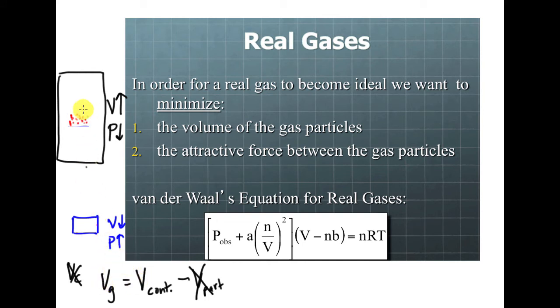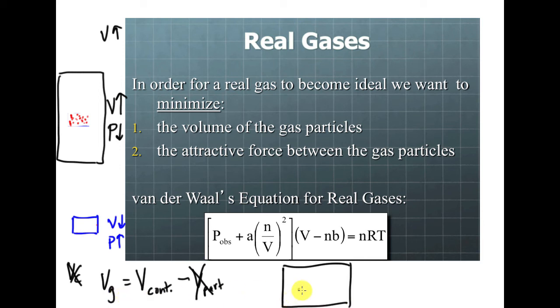And if I make the volume even bigger, this drops out even more and more. But it's always going to be here, and this is always going to cause our gases to deviate a little bit. Now, the other one is that if we have our gases in a container,